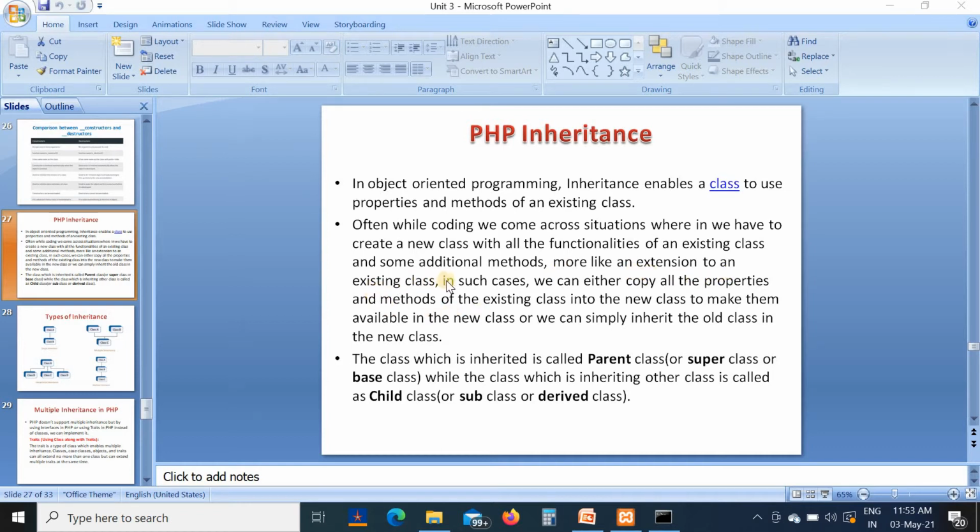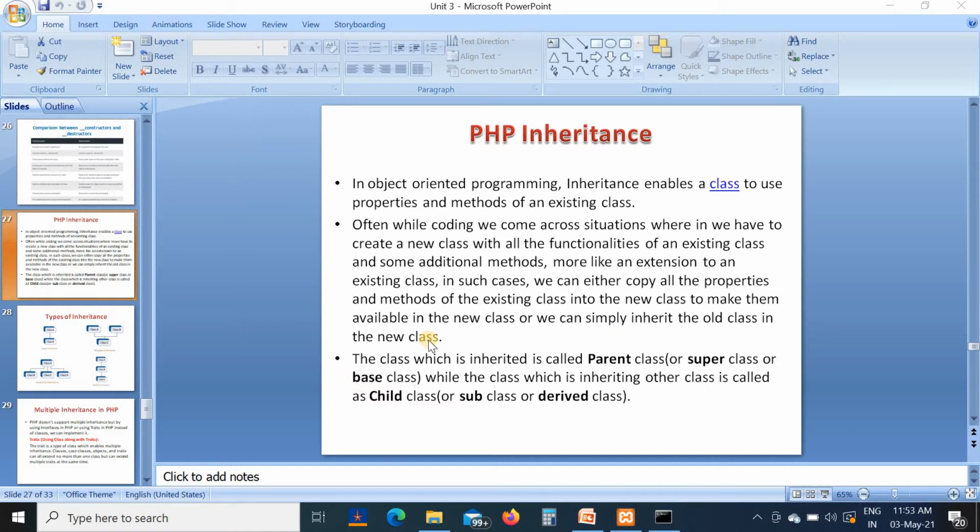In such cases, we can either copy all the properties and methods of the existing class into the new class, or we can simply inherit the old class in the new class.